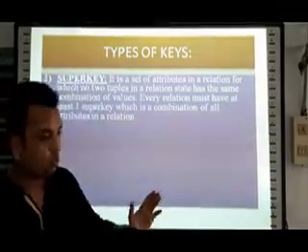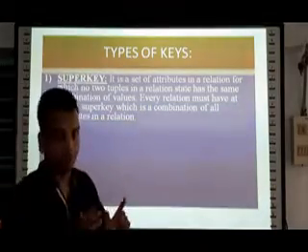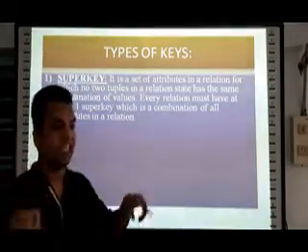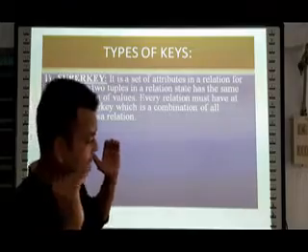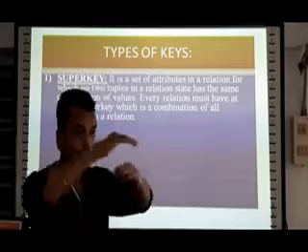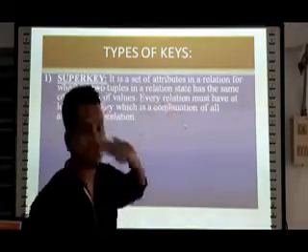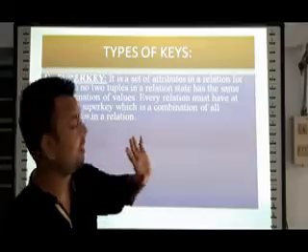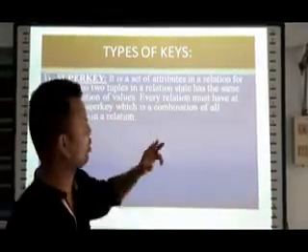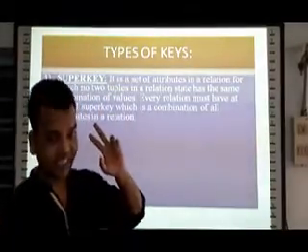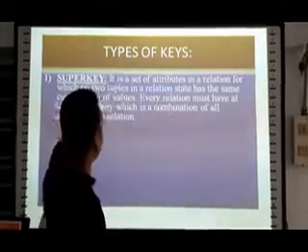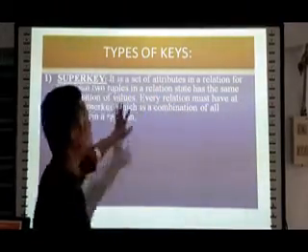In order to write a super key, we need to take a set of attributes in a relation. Suppose in a relation there are 5 attributes, then we need to take the attributes in such a way in a group that no two tuples, no two rows should have the same value. Having the same value means both the tuples have atomic or indivisible values, and both should be different. Both should not get duplicated or replicated. So it is the set of attributes in a relation for which no two tuples in a relation state have the same combination of values.